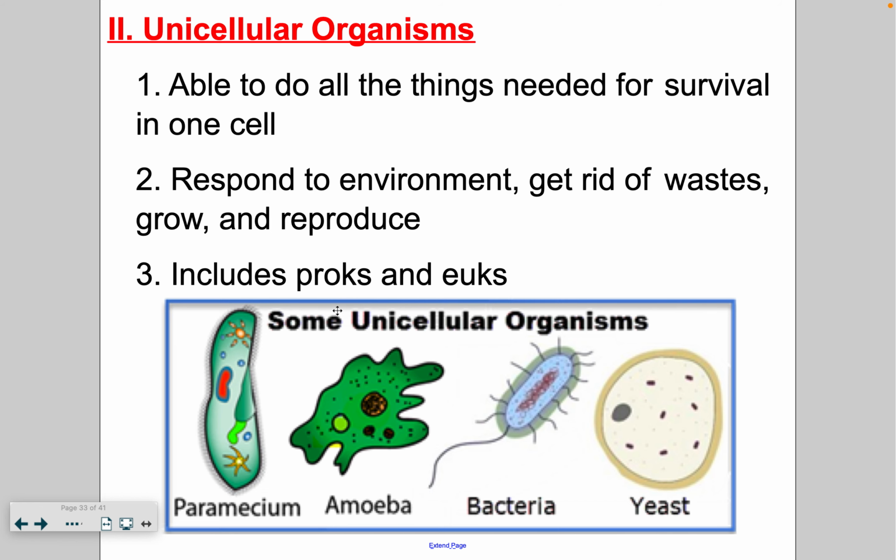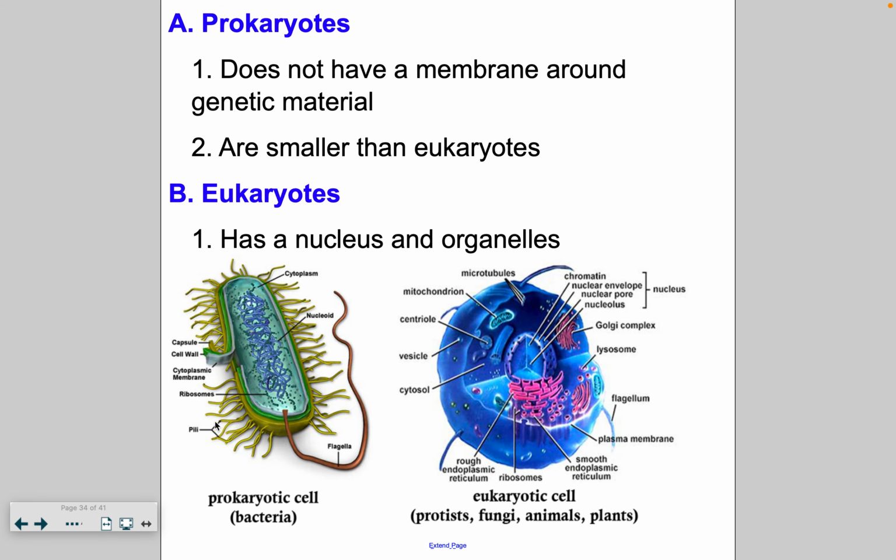This does include prokaryotes and eukaryotes. Unicellular means it's one-celled. We have one-celled prokaryotic organisms. We have one-celled eukaryotes, or eukaryotic organisms. So just know that if an organism is made up of just one cell, like a paramecium or an amoeba, which you might find at the bottom of a lake bed, bacteria, or even yeast, they're all made up of one cell, and within them they have everything they need to carry out processes of life.